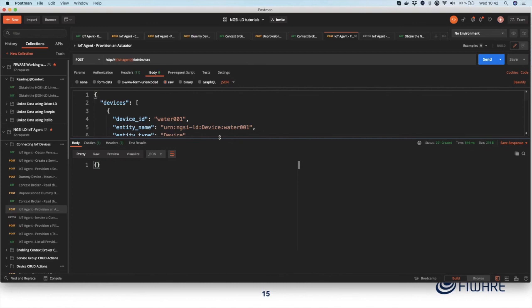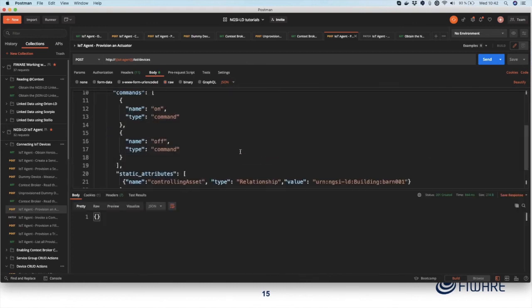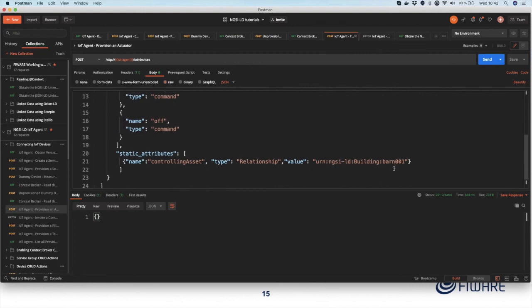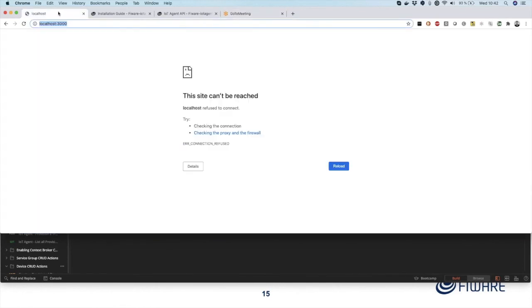Okay, I have a water sprinkler, and I've got commands on and off. You can see once again I'm saying I'm related to this barn here. It's now sending up the registration. Now, if I go to my little demo,